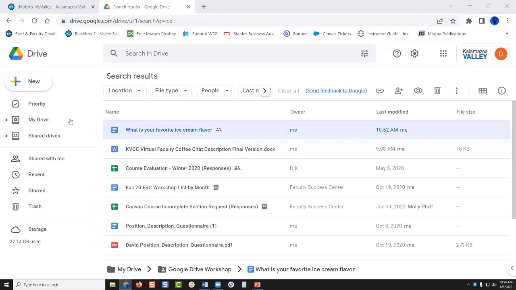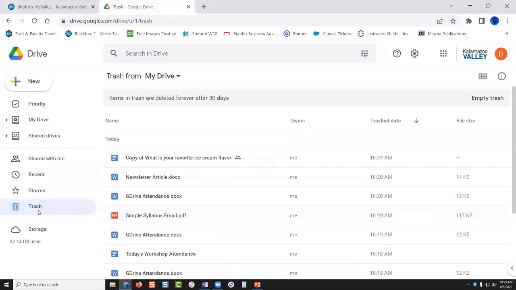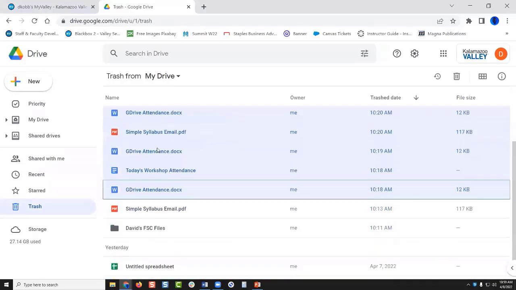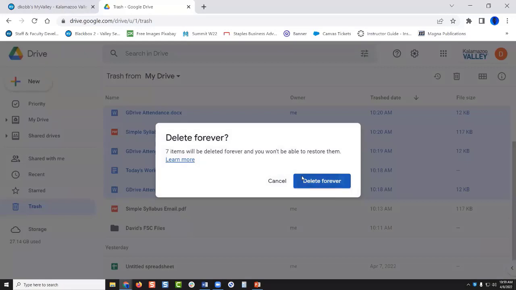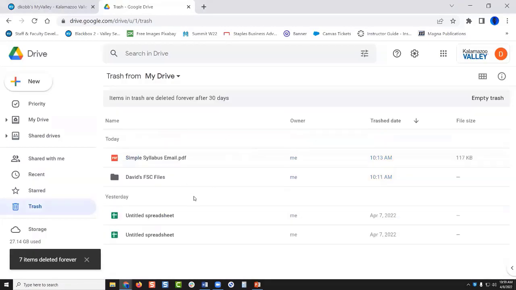Do we ever need to empty the trash? No, you don't have to. I am almost certain that the amount of storage space that we have is dynamic and will just continue to grow as you need it to grow. The only time that you might need to empty the trash is if you get an alert that you've reached your maximum storage, which I don't think will happen, but if it does, then you can delete some stuff in your trash to free up that space. You just go into the trash can, select multiple things at once if you want to, right click, delete forever, and then it gets rid of them and will clear up some of that space. You probably won't ever have to do it though.